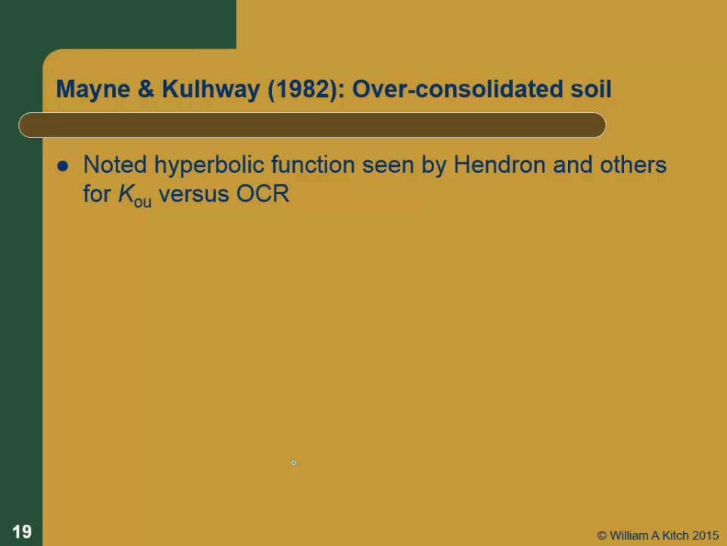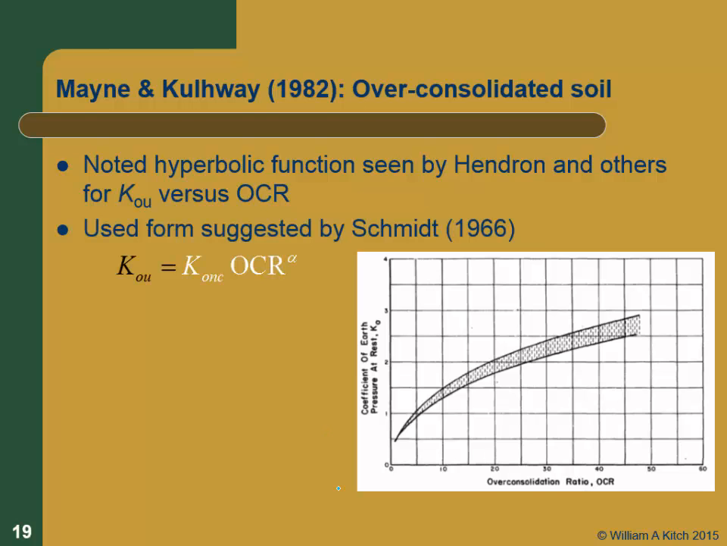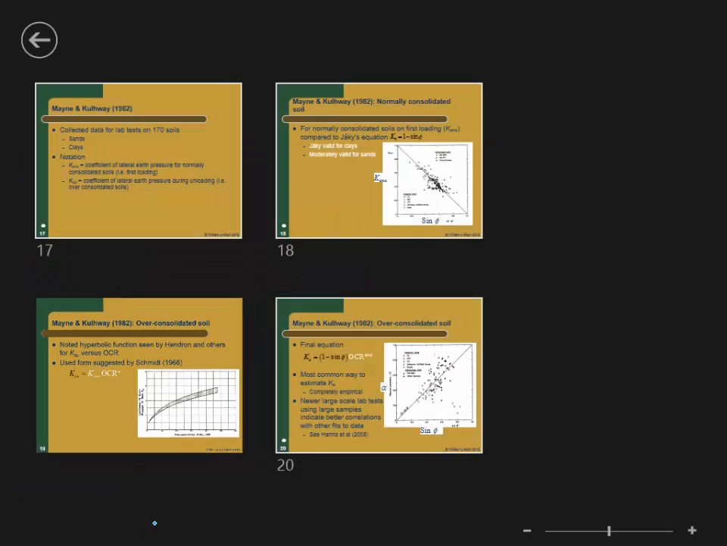Now, for over-consolidated soils, they noted that same hyperbolic function that we saw in Hendron's data of K0 during unloading versus OCR. So this same hyperbolic relationship. And Schmidt had suggested, about the same time that some of those earlier papers came out, that K0 in unloading, or the over-consolidated K0, would be equal to the normally consolidated K0 times OCR raised to some power. And if we go back to